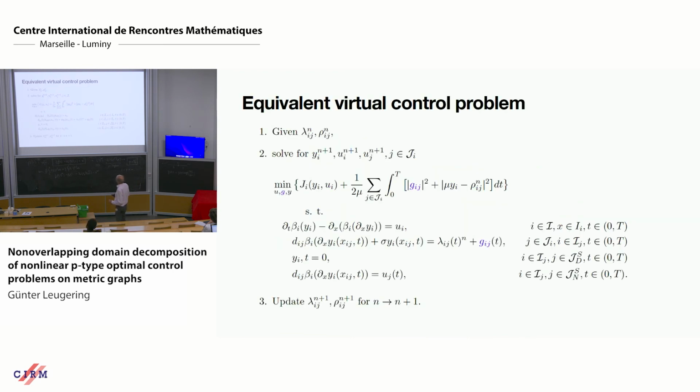So the virtual control problem is the same cost function, and the control should accommodate to make this here small, in fact equal to 0. And this here is the classical Robin type boundary condition. This is the history from the previous iteration. This is the control that takes care such that the optimality condition writes down exactly the terms that have been on the previous slide. So you run this here, you can program this easily with IPOPT, and you obtain